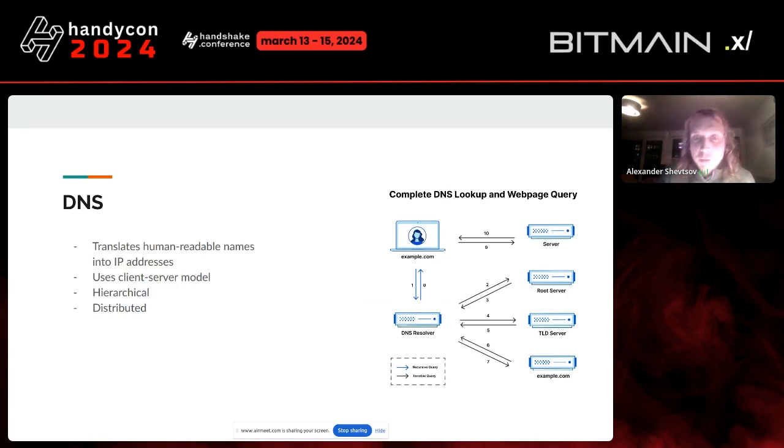There is some parent responsible computer, a parent zone, that delegates the translation of its child zones to other computers, and so it's distributed and hierarchical. When DNS was constructed, it was more about usability and operability, and not about security, because at the time the internet was a far friendlier place than